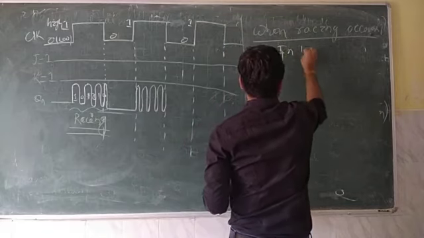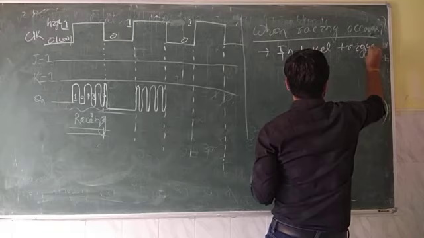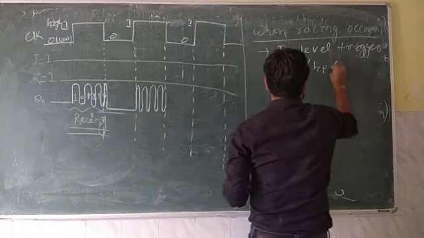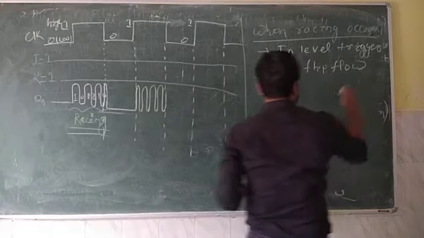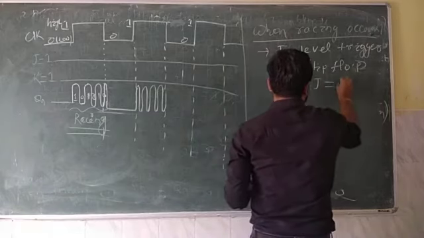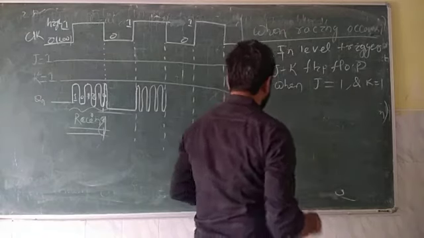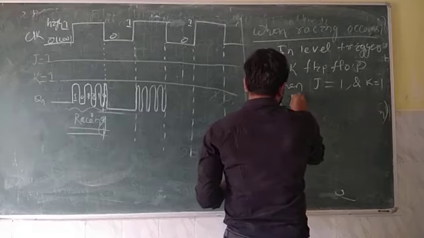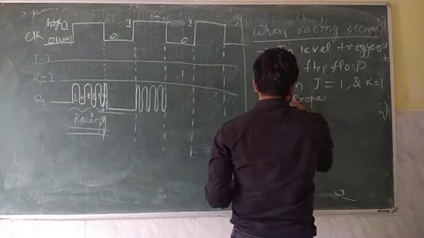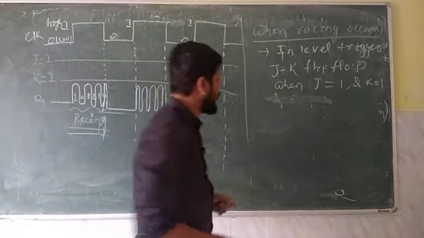In level trigger JK flip flop, when J is equal to 1, K is equal to 1, and the propagation delay of the flip flop is large,